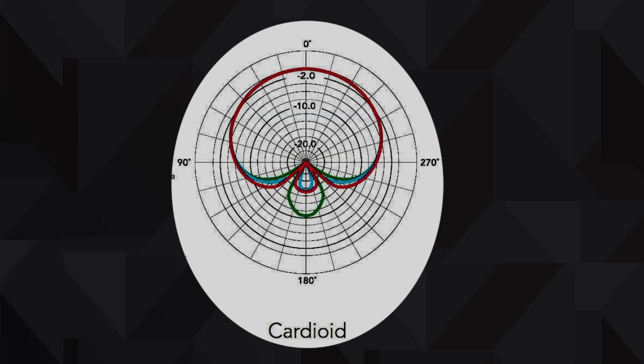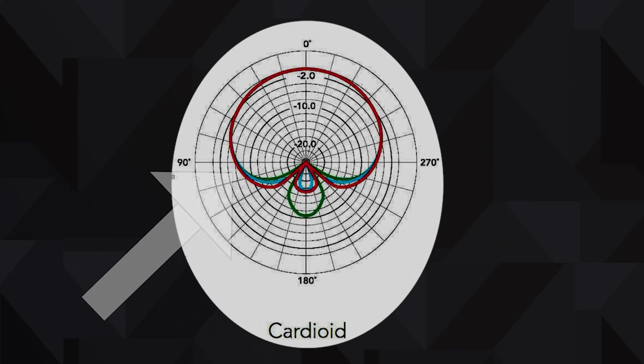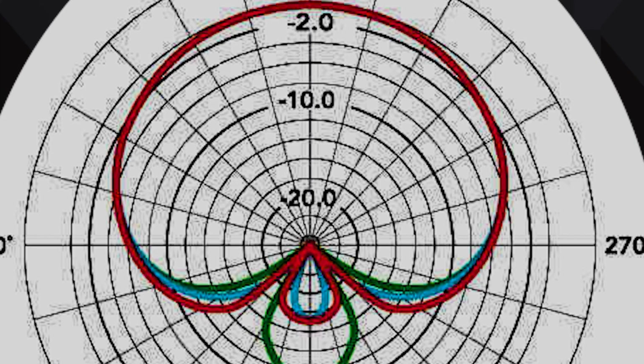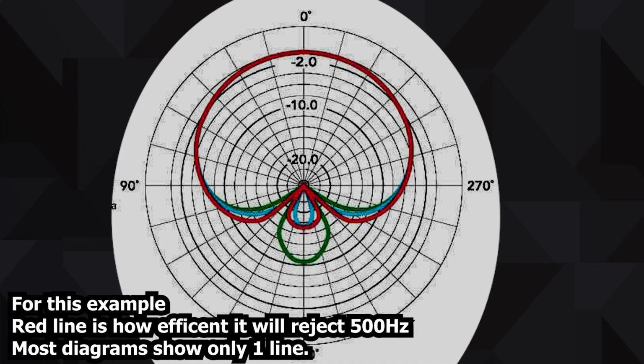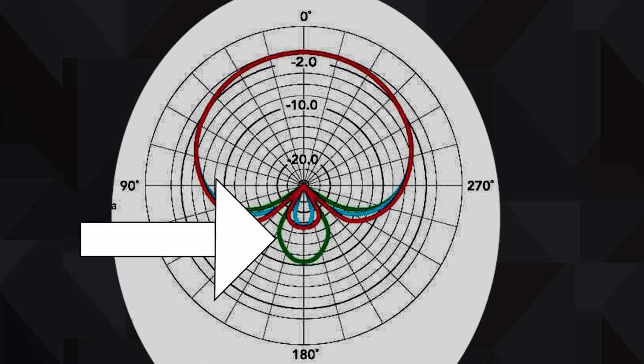So basically, the circle represents a 360 circle around the microphone. And the lines represent how much attenuation your sound will get depending on what direction the sound wave hits the microphone. So for example, the red line in this picture means 500 Hertz. And the way to read it is, the closer to the center the line is, the more the signal